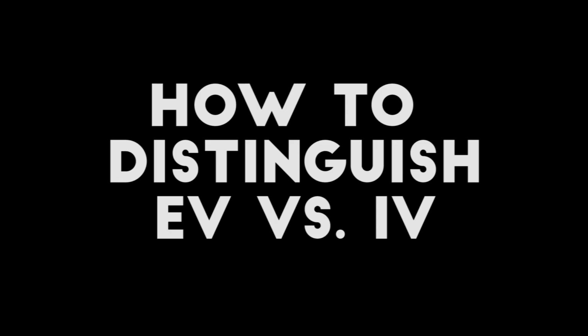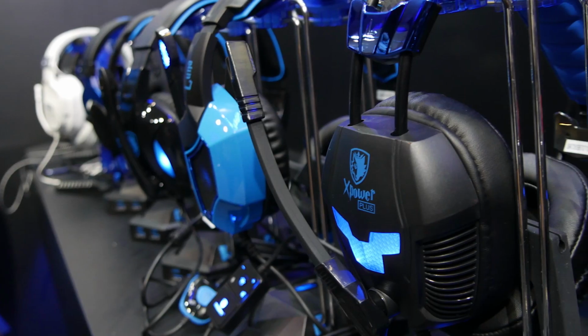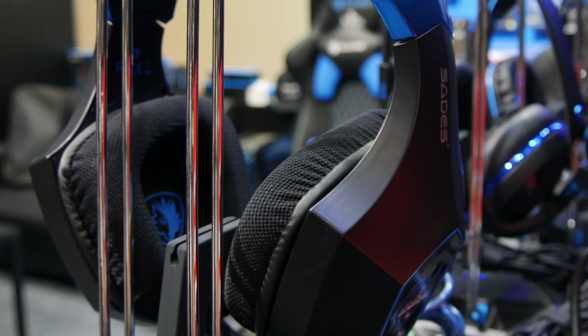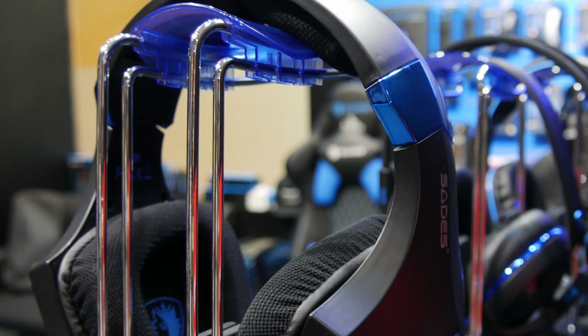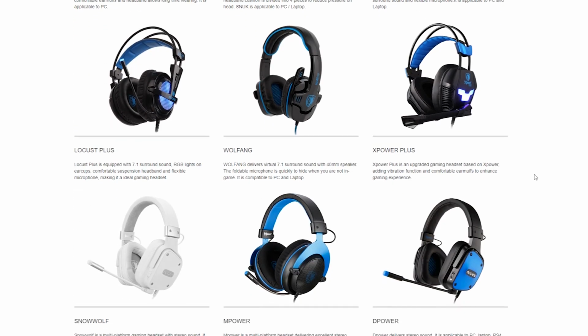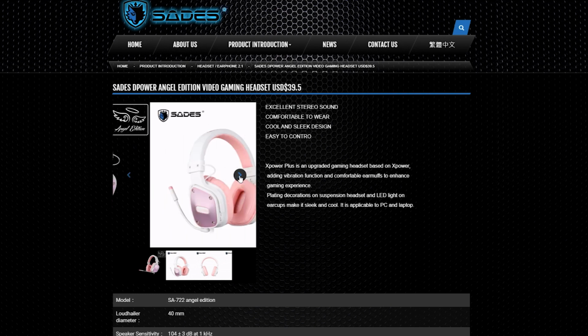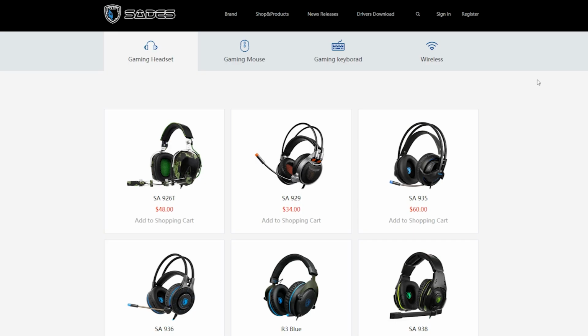Now that you know the differences between the economic version and the international version, what are some things to look out for when trying to distinguish between the two versions? So first of all, the color. The international version products try to have some sort of consistency in their branding, so they come in a few standard colors like blue-black, blue-white, and pink-white for their Angel editions, while the Chinese versions can come in all sorts